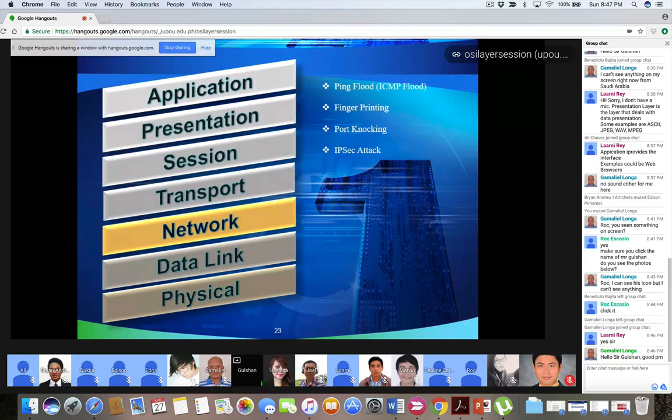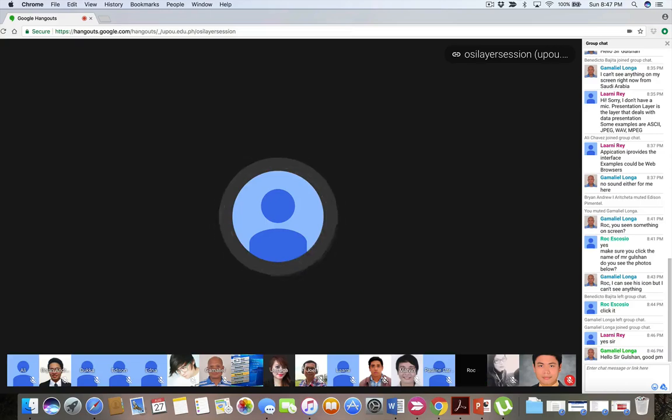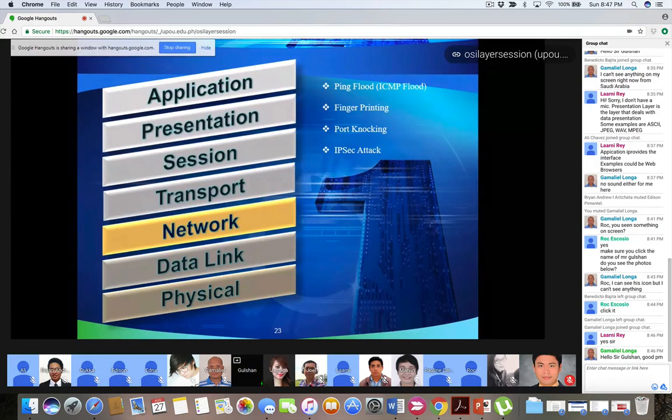We use ports for different purposes, like port 80 for HTTP websites, port 443 for HTTPS, 21 for SMTP, 22 for FTP, and so on. So we have so many different ports. What hackers will try to do when they are in the network and they have an IP address is start knocking each and every port, port 1, 2, 3, 4, just to check which ports are open, because that becomes their entry point.